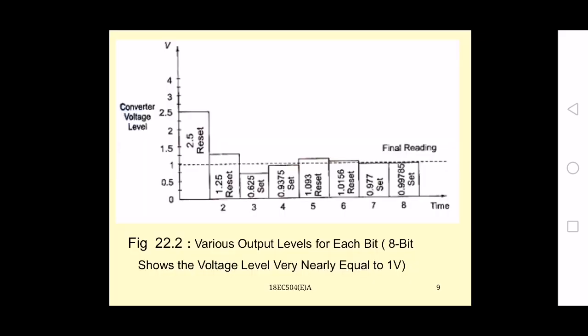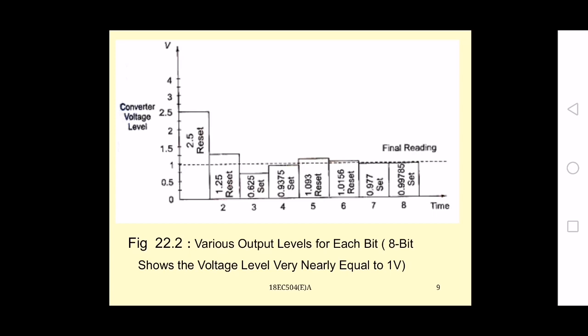So here you see, in the first cycle what we are doing, we are setting D7 to 1 and the remaining all zeros. All high means 5 volts. If you take only one bit high and the remaining all zeros, it will be equal to half of the 5 volts. You can take any example. Suppose you have 1000, it is 8. If you take 0100, it will be 4, like that. Similarly, if you have all the high bits, the maximum value is 5 volts. If you take only D7 as 1 and remaining all zeros, it is equal to 2.5.